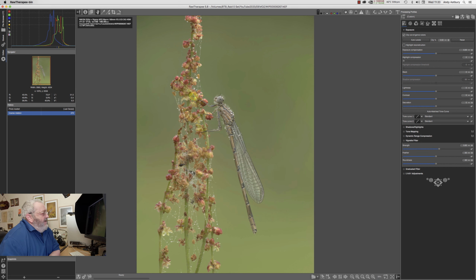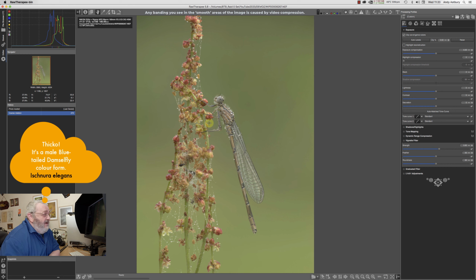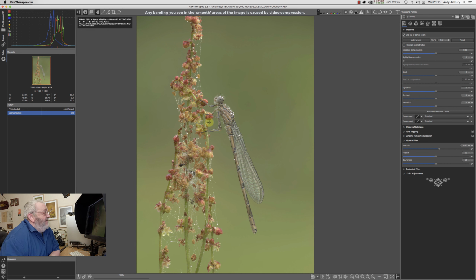And here we've got this photograph of a dragonfly. Bit of a strange colour variant. I can't remember whether it's a blue tail or a common blue, but it's a colour form of one of those two species. And a lovely little thing, very, very dainty. It's only about that long. We've got over here the tone curve 1 and tone curve 2 under the exposure tab, and I'm using these macro images in the previous video and in this one